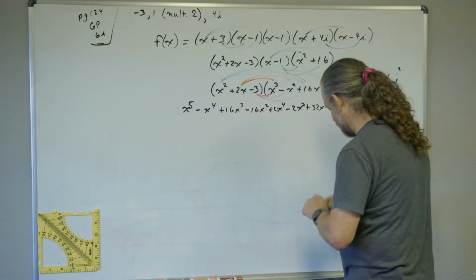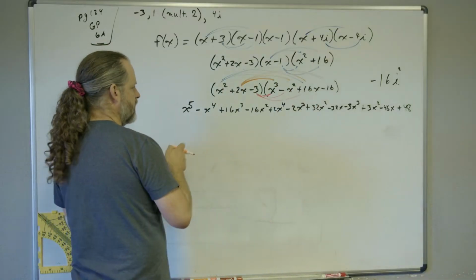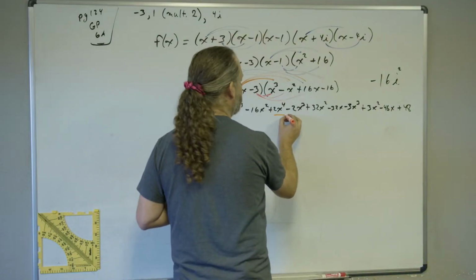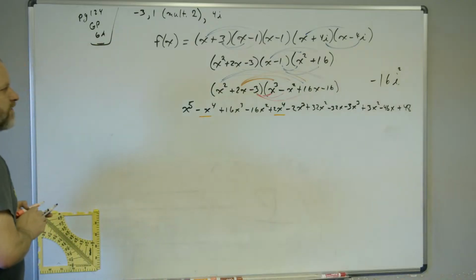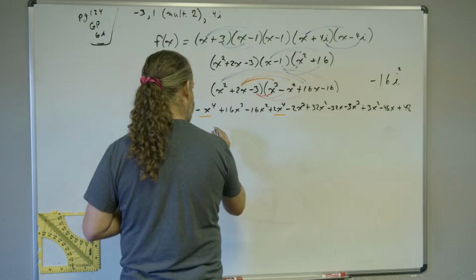Now we're going to go find some like terms and shove them together. This one with this one. Okay, so negative x to the fourth plus 2x to the fourth is